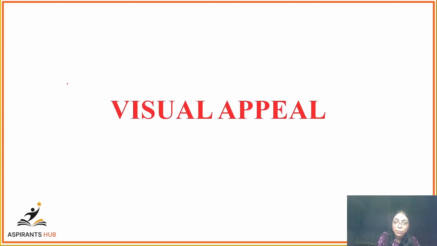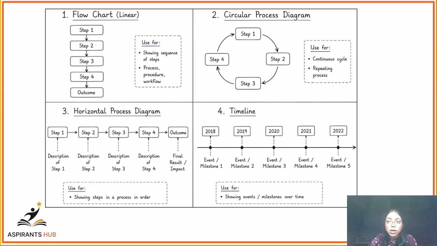Now moving to the second part, the visual appeal. I think there are around 20 to 22 visual diagrams like this which you can use in your answers. Most of this I have taken from Utkarsh Ujwal sir, I think AIR 61 in 2022 or 68, I'm not sure. Whatever is there in that PDF, I've incorporated it. You can pause this video and make a note of these things. Sir had shared one PDF on his Telegram channel, and I've taken it from there.